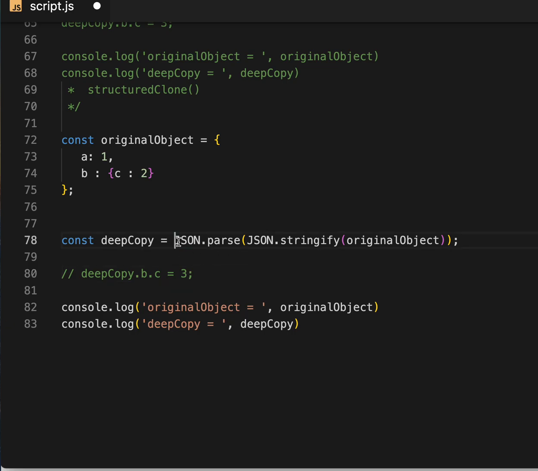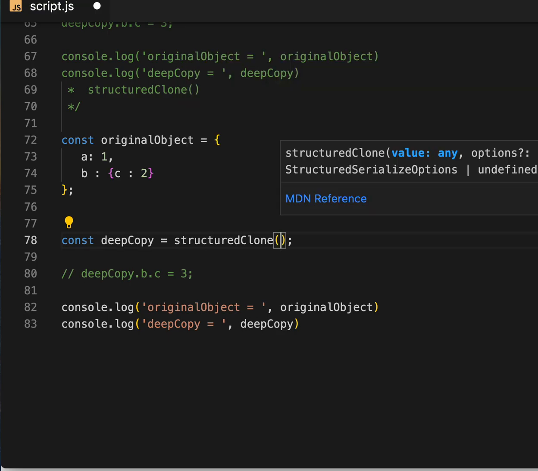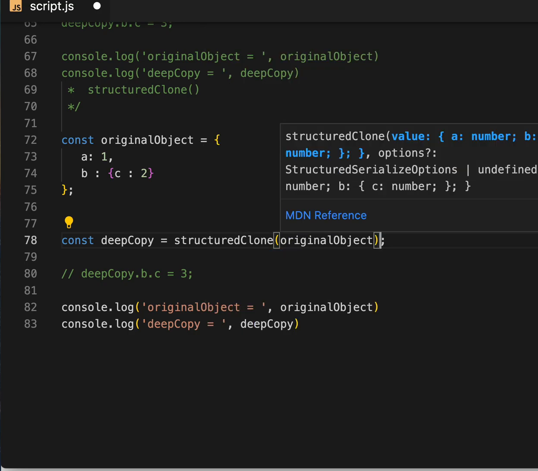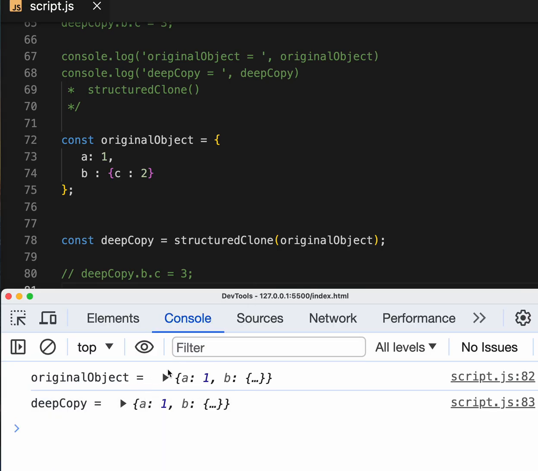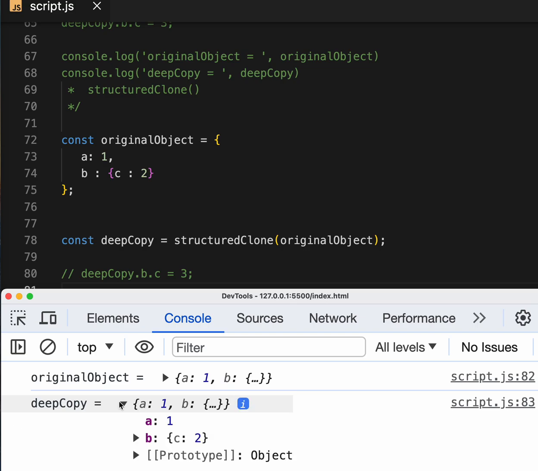For structuredClone, you just call structuredClone, and you can see we can pass the value and options. For more reference, you can see the MDN reference for a broader explanation. We pass the original object and see the output. You see we have a 1, b c 2, and a 1, b c 2.